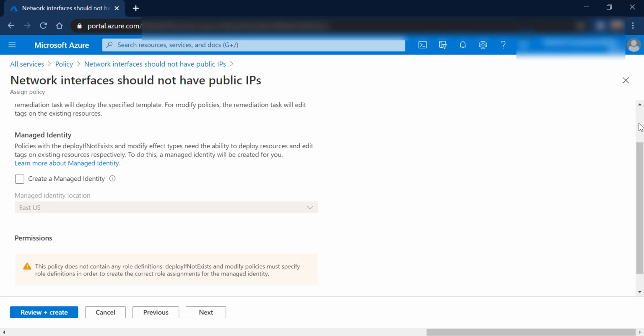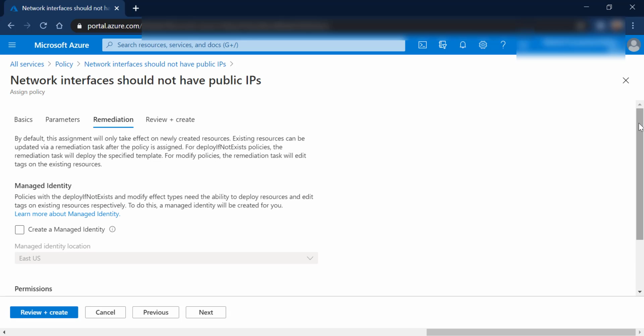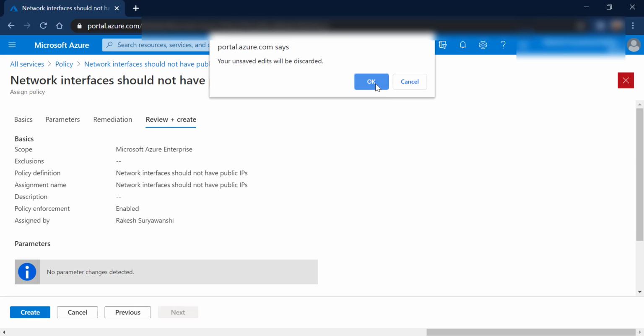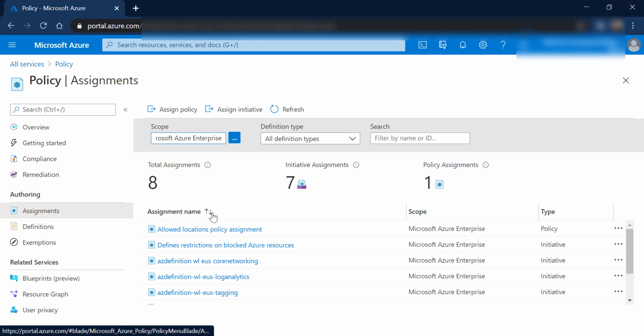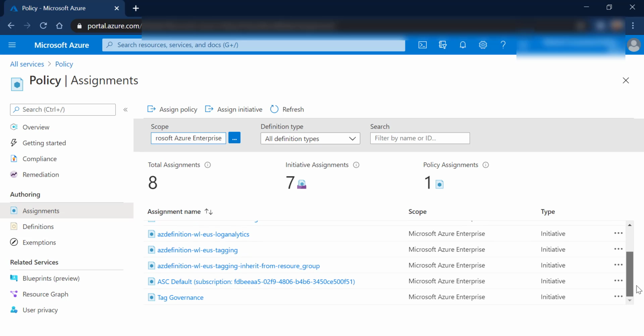Basically, some of the policies which require to work on your subscription, those policies require to run under the managed identity. So managed identity basically creates the role-based access identity for you, and once you have the role-based access identity, the policy works in the background for you. So once I choose the managed identity, the managed identity will be created with it, and then you can apply it. Once you apply that, your policy would be available. I'm not going to apply that, but your policy will be available here in the assignment.